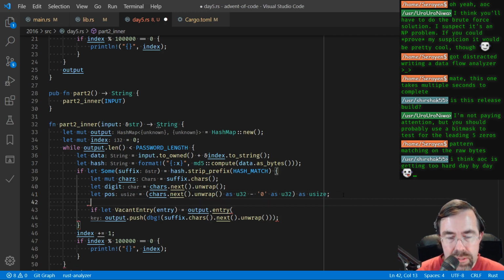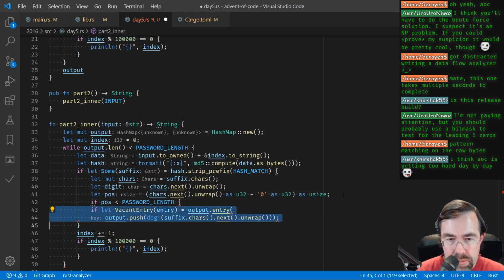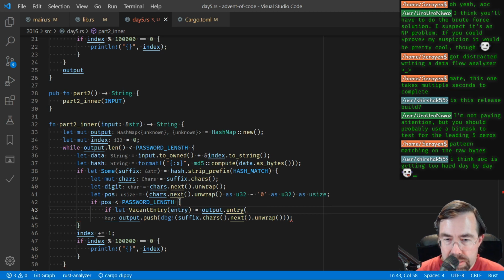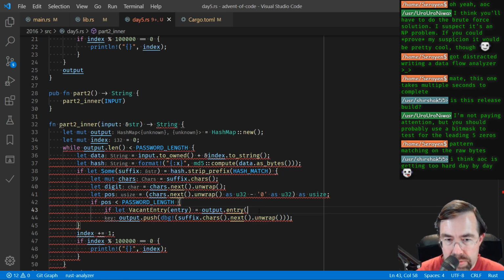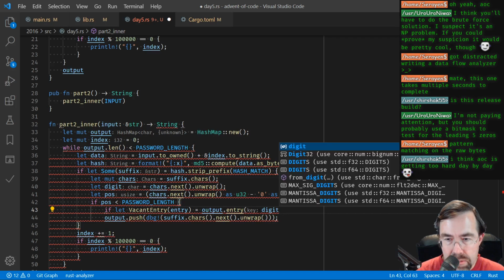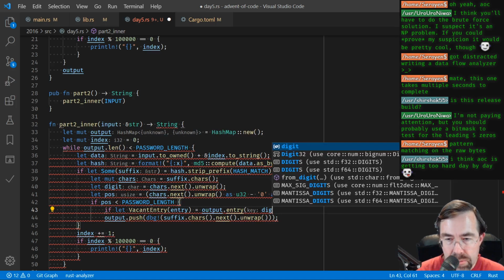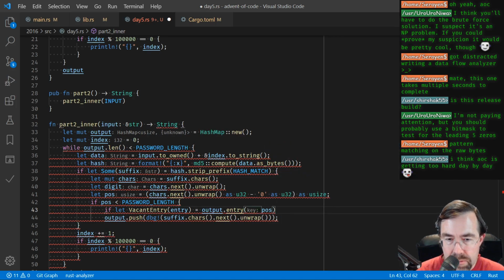Yeah, so if position is less than password length, I'm going to do the rest of this. If let vacant entry equals output entry of position, then entry dot